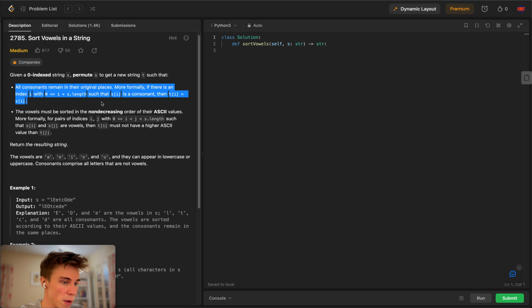all consonants remain in their original place. More formally, it goes into a little explanation that basically if a character at index i is a consonant, then it should be placed the same in the resulting string t and the input string s. And then vowels, on the other hand, must be sorted in non-decreasing order of the ASCII values. Non-decreasing simply means increasing. I don't know why they went into that detail, but